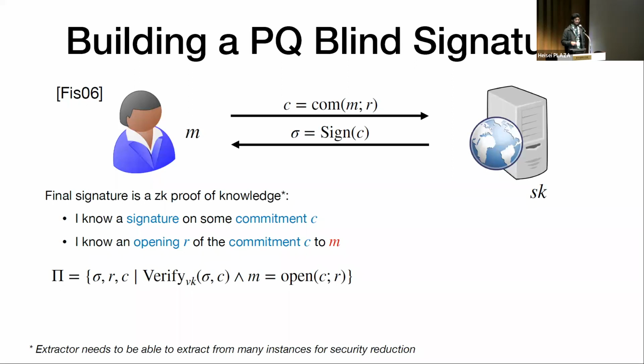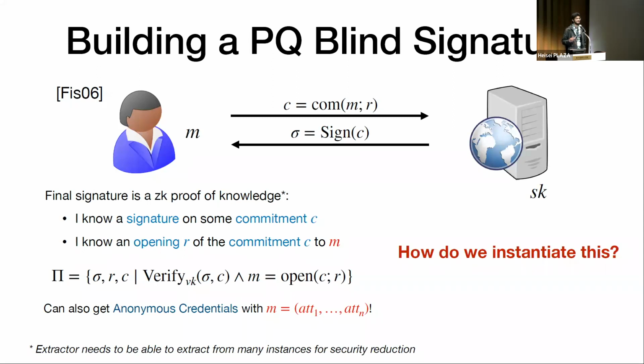So what Alice is going to do is generate a zero-knowledge proof of knowledge of the following statement, which is she knows a signature on some commitment C, and she knows an opening R to this commitment C, which opens this commitment to M. And the final signature is just going to be this proof, and she's going to output the message. OK, and one thing I want to mention here is that using this exact same approach, instead of signing your message, you sign a bunch of attributes, you can get anonymous credentials. And the advantage of this is that when you sign a bunch of attributes, you don't have to reveal all of them. So for example, think you're signing your passport, right? What you could do is instead of revealing your exact age, you could say, oh, I'm greater than 18, so I can buy alcohol maybe.